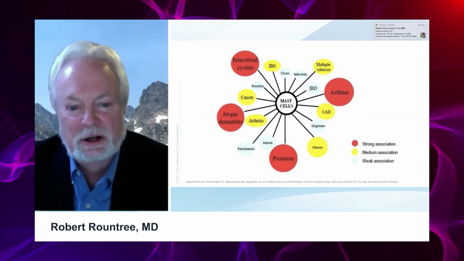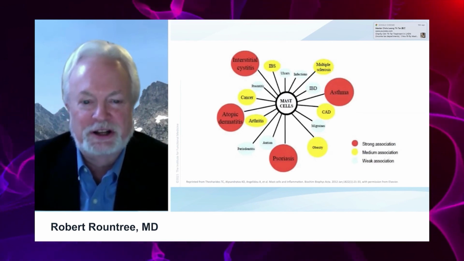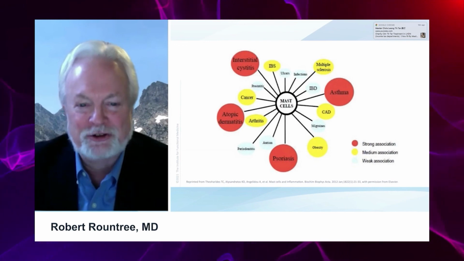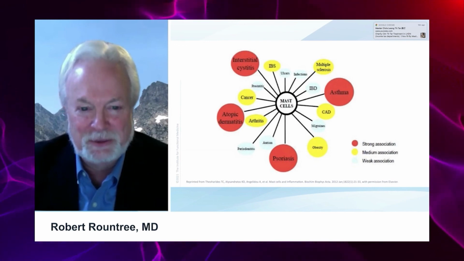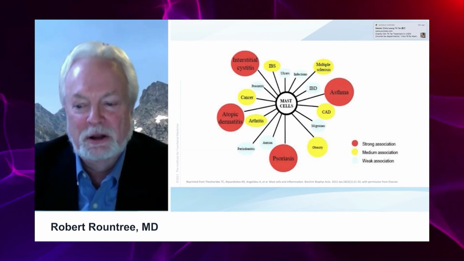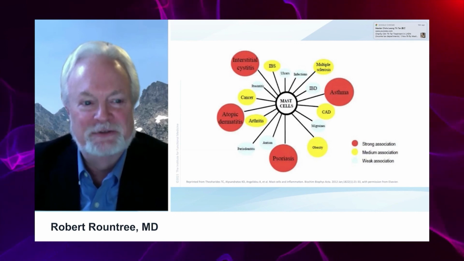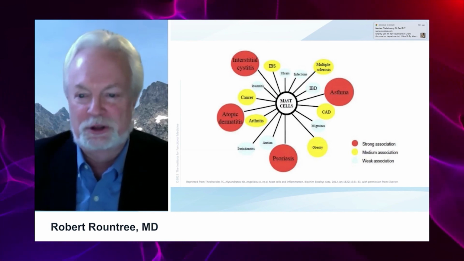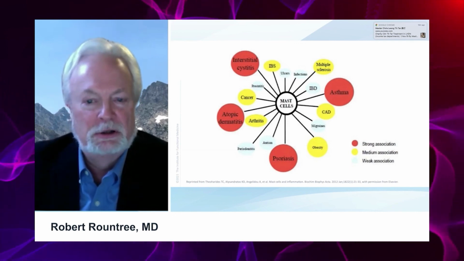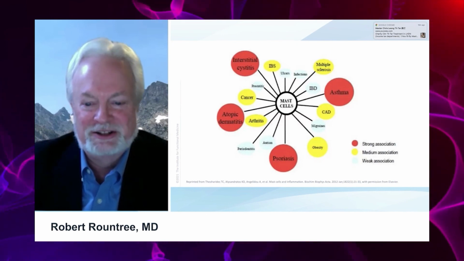This is a picture from Dr. Theoharides at Tufts University. He's really the master of mast cells. He calls himself the mast cell master. And he's attempted to map out how strong the associations are between mast cells and different diseases. The strongest association is with asthma and atopic dermatitis, but also with interstitial cystitis, psoriasis,